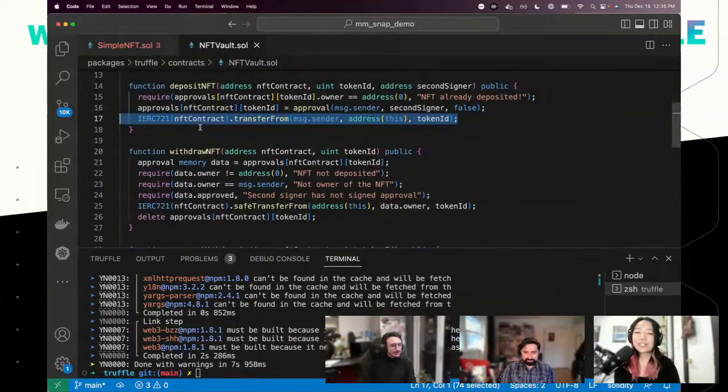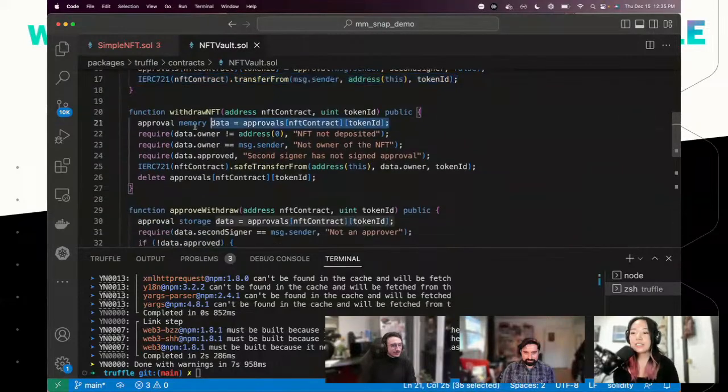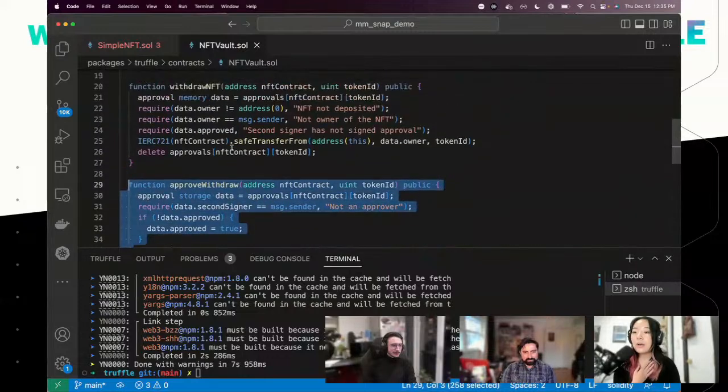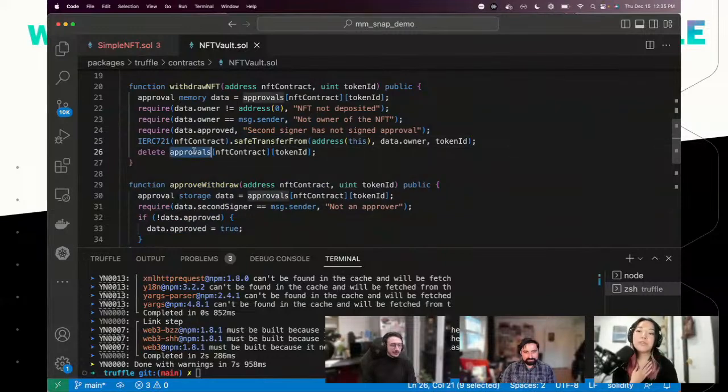Anyways, moving forward, withdraw NFT, also pretty straightforward, essentially getting the NFT data, and then checking 3 things. First off, that it exists. So that's the not equals address 0. Making sure that the person withdrawing it is the owner, and then checking that approved is true. And so approved will be true when the second signer has called approve withdraw, which you can find right here. And then provided all that's true, you do the transfer, and then we'll remove that NFT from the list of